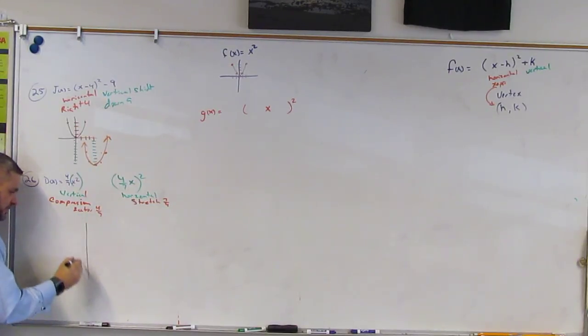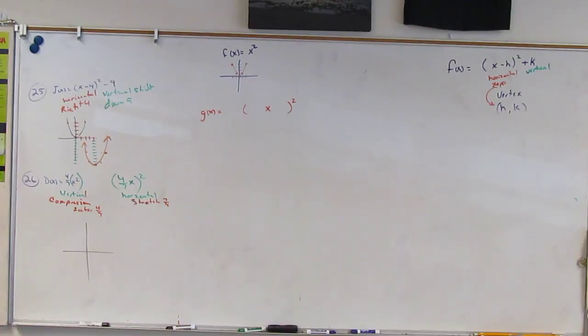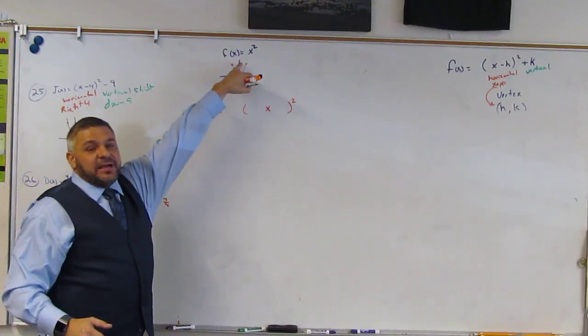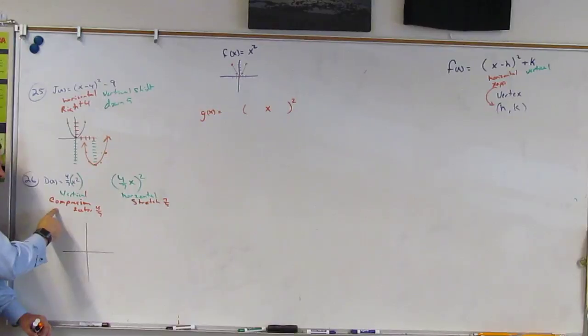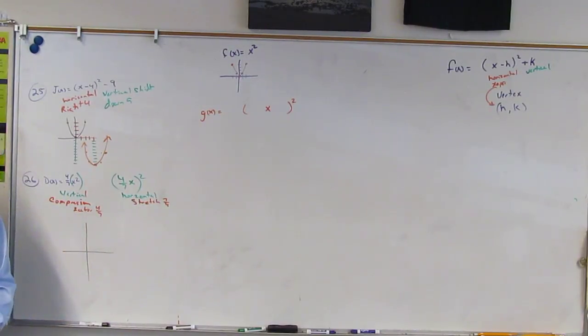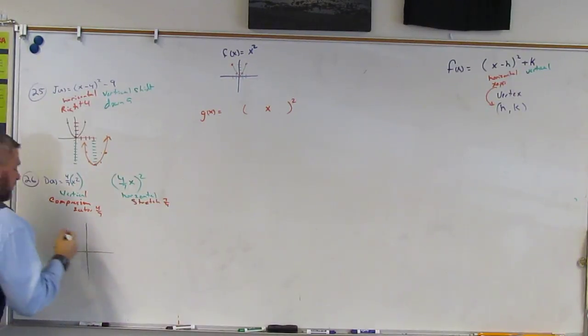Alright, so. Do we write anything for the parentheses? The x squared? No, because that's your f of x. We're just gonna call that the f of x of x squared. Okay? So what you're doing is you're compressing. You could say the f of x function of x squared. I'm not gonna make you do that. I'm just kind of getting you to understand what we did. We did a vertical compression of a factor of 4/7. Vertical meaning the whole function, right? That means that this